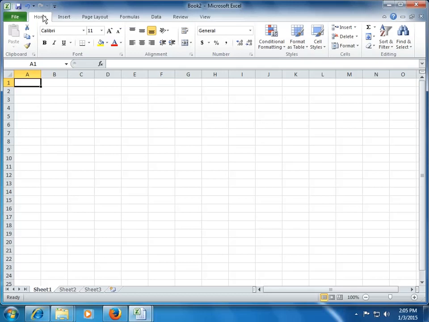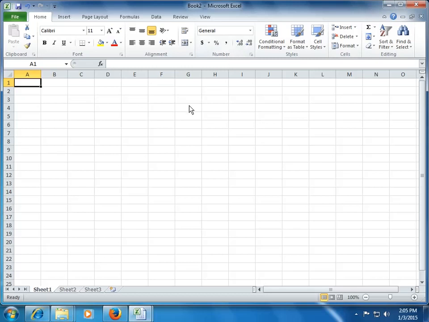Okay, so now when we are talking about the basic formatting in an Excel, we are in the home tab and we are talking about three major groups, that is your font, your alignment and your number. What we can do in formatting is we can change the color and style of the text or the number. We can change the style of the font. We can also choose to format our number in a particular manner which we require. Let's see how we do that.